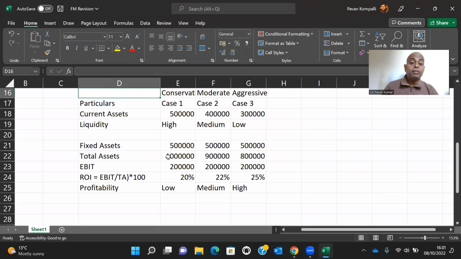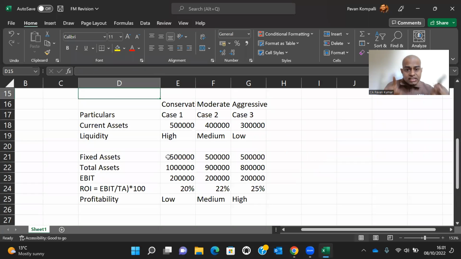So for this problem also, if you are writing this answer out of 4 or 5, you'll get 2 marks. 50% of the marks you'll get for the problem. The remaining 50% you'll get for analysis and conclusion. That is the reason whenever you see this RTP, or whenever you see the suggested answers, whenever you see the